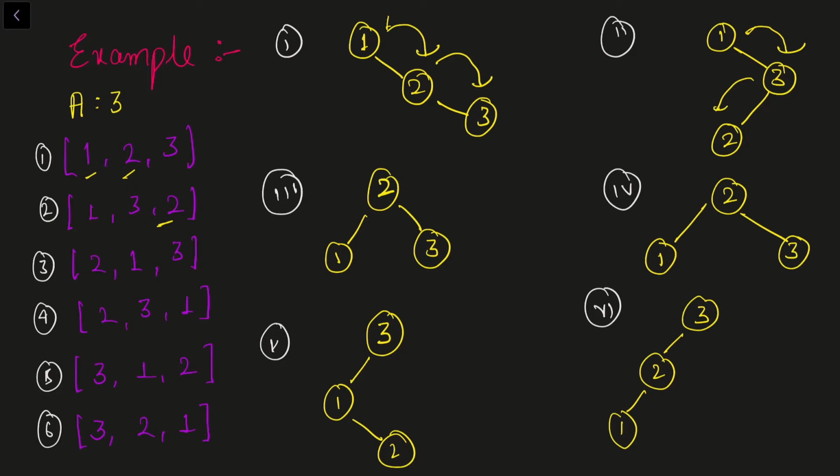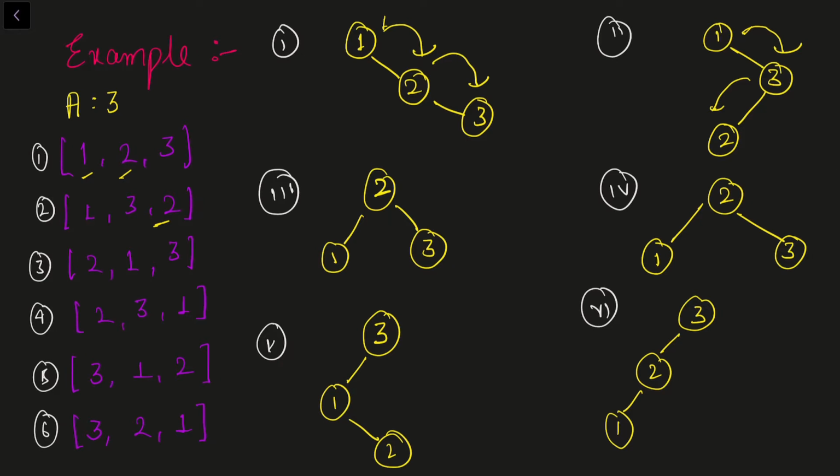Now the answer to our problem is the sum of all the values on the left subtree of each and every binary search tree, right? So the first binary search tree has nothing on the left, so we don't have to add anything to the answer from this tree. Again for the second one we don't have anything on the left, so we don't have to add anything here. Now for the third binary search tree we can see that we have one value here, so we need to add 1 to the answer. Let's say our answer variable is stored here and currently it is 1 because of this, right? After that, the fourth binary search tree has 1 in its left subtree, so I am going to add 1 here as well, so the value will become 2 here.